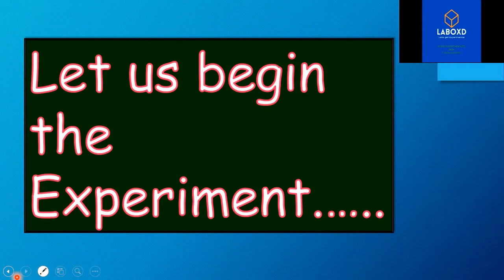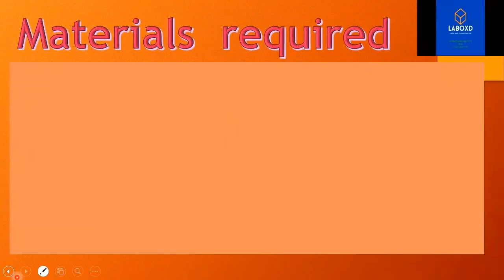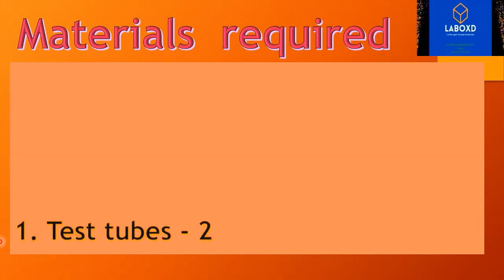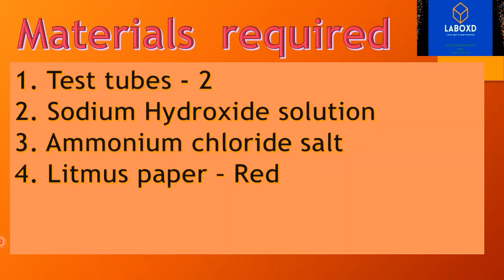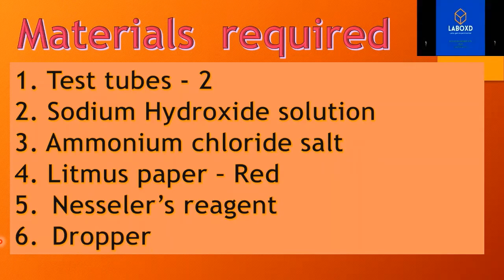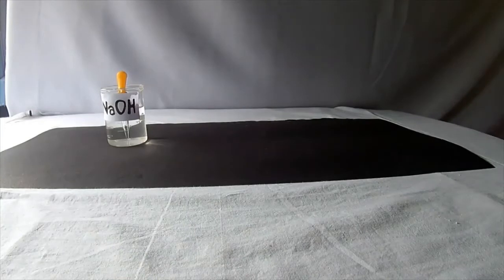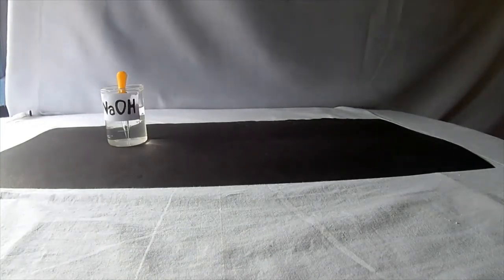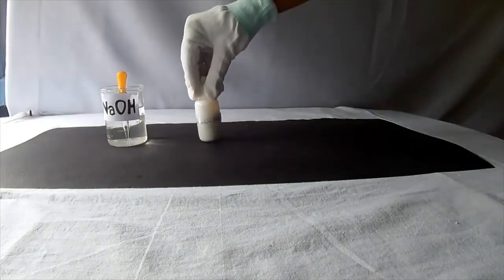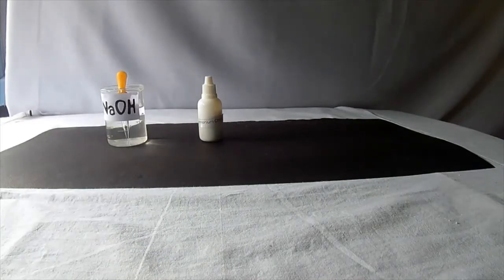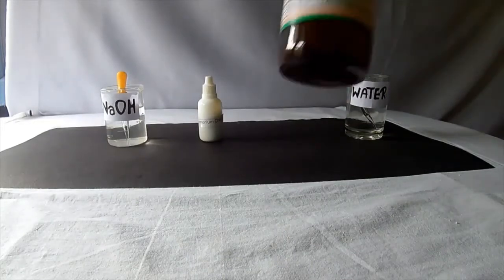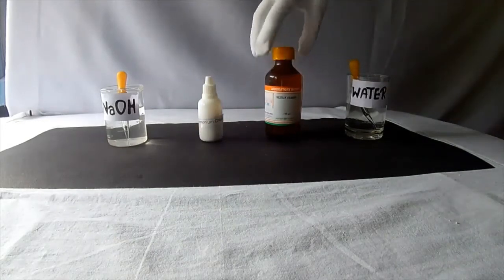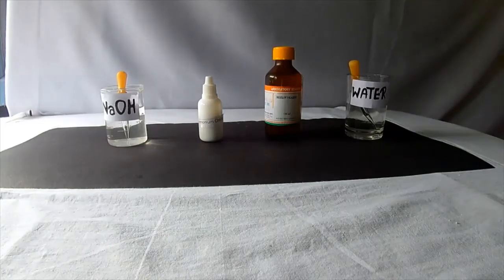Now, let us begin the experiment. For this experiment, the materials required are two test tubes, sodium hydroxide solution, ammonium chloride salt, red litmus paper, Nessler's reagent, and dropper. Now let us take sodium hydroxide solution, ammonium chloride salt, water, Nessler's reagent, dropper,